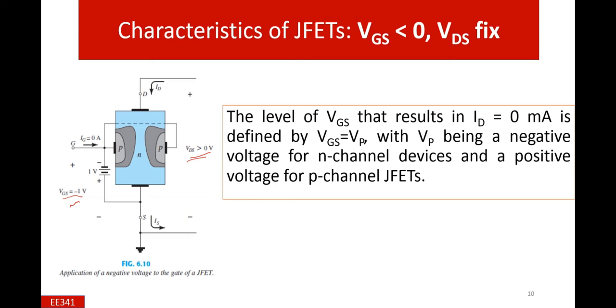The resulting negative bias on the gate reaches the saturation level at lower values of VDS, and the resulting saturation level of the drain current is reducing. This will continue if we further decrease the values of VGS, making it more and more negative. And this thing will be clear